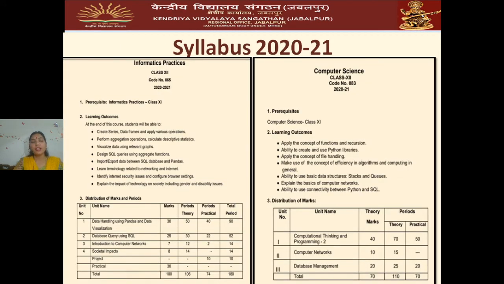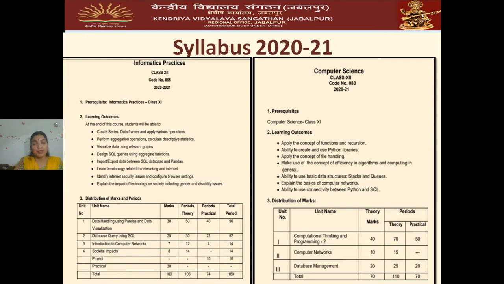This is the syllabus portion, a snapshot I have taken from the syllabus of 2020-21. The IP class of 12th will have 4 units. Similarly, the computer science class is going to have 3 units. So the number of units seems to be fine. For computer science, it looks like quite a small syllabus. But this year, as we have heard, CBSE is going to cut down some part of the syllabus for the benefit of students. And for that reason, probably they have designed a fabulous syllabus for you, which has all the